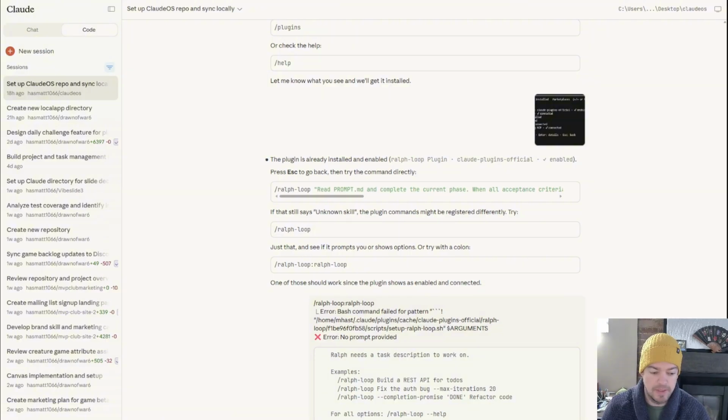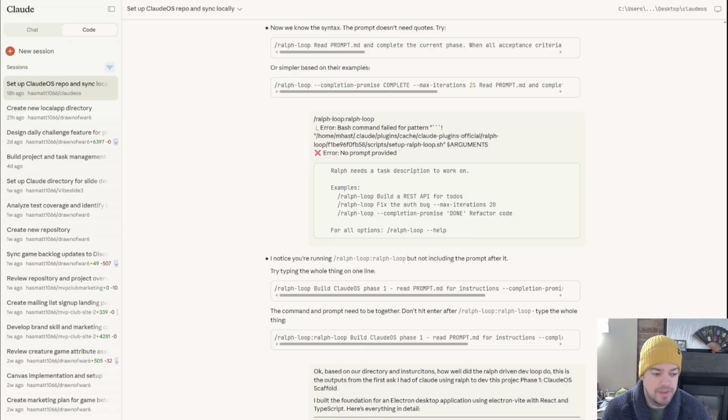And I'm going to copy it, and then I'm going to go back to Claude, and I'm going to say, okay, based on our directory and instructions, how well did the Ralph-driven dev loop do? This is the output from the first ask I had of Claude using Ralph to dev this project. And then I'm going to paste in that context, and I'm going to have Claude Code app evaluate. Oh, I've got to log back in. Evaluate how well